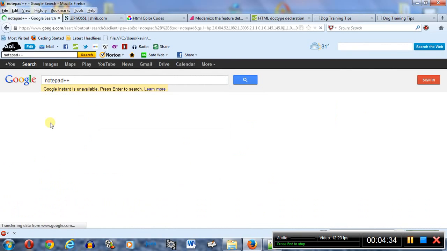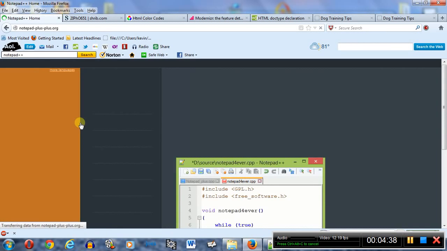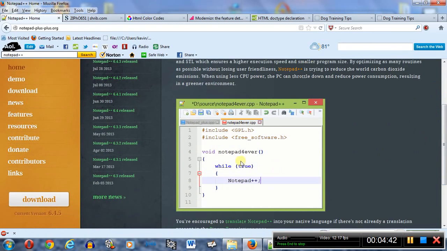and click on Notepad++, and then it's going to look like this whenever you're doing this. It's got colors and everything on here, and that's really neat. That's really nice to know when you've got colors, because it tells me if I'm doing something wrong. And I'll show you what I mean when we get